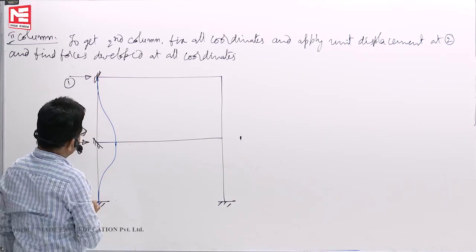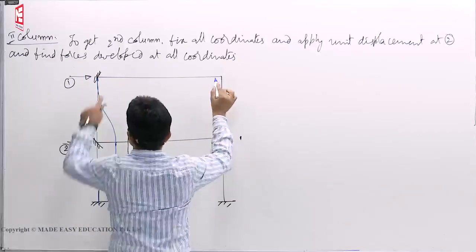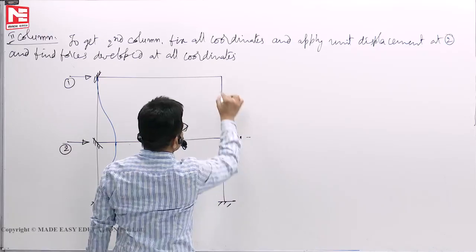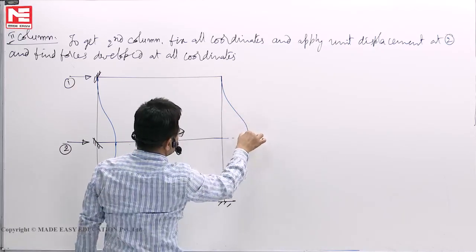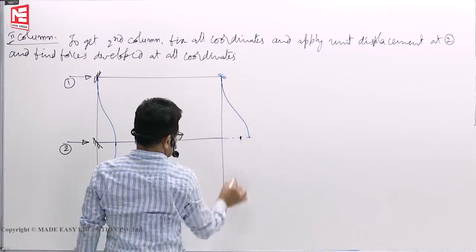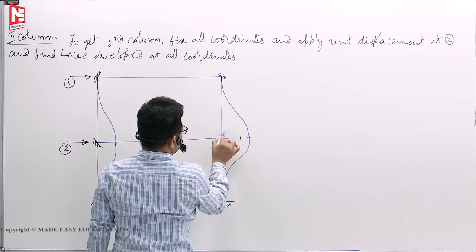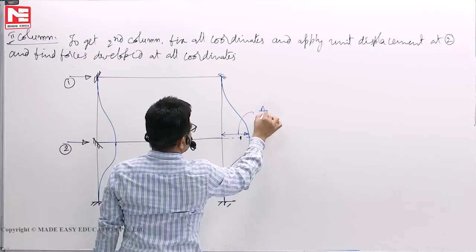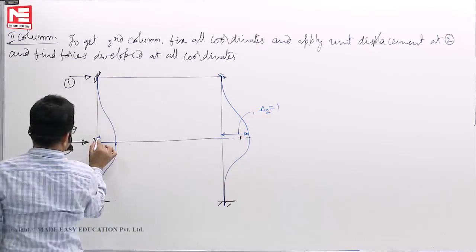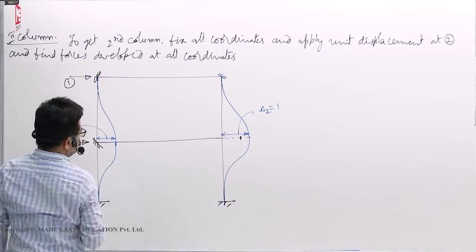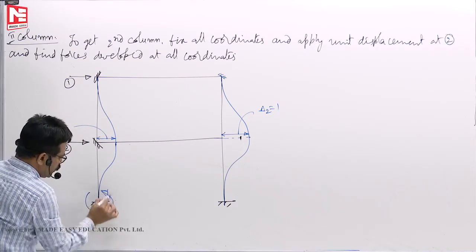Like this it will go. Same way here also. Once you fix it, this cannot move right side. But this can go right side by 1. It is now symbolic representation. Like this it will become. This also, delta 2 is 1. For this profile, moments we know here